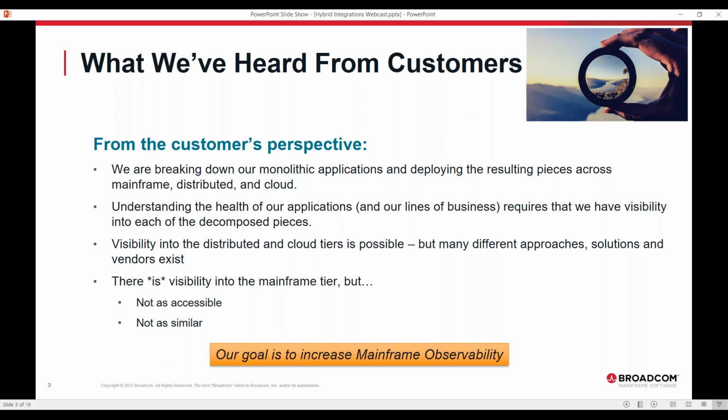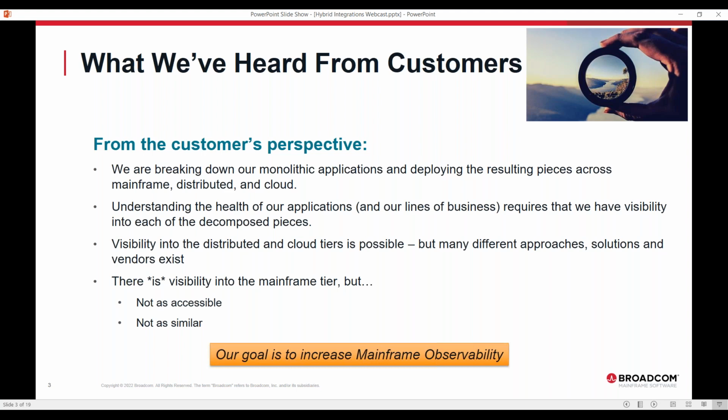So the point here is that with monolithic applications, things like observability are a little bit easier. When you pick those applications up and break them apart into pieces, say maybe microservices, and then deploy those pieces across, some lives on the mainframe, some goes to distributed, some are SaaS, some go to the cloud.